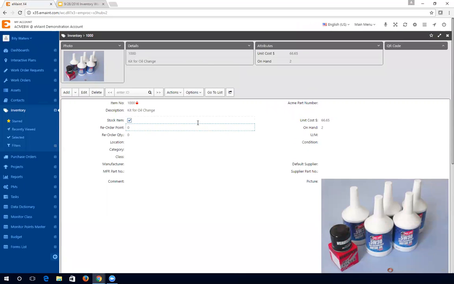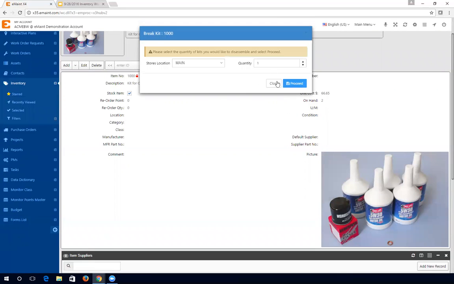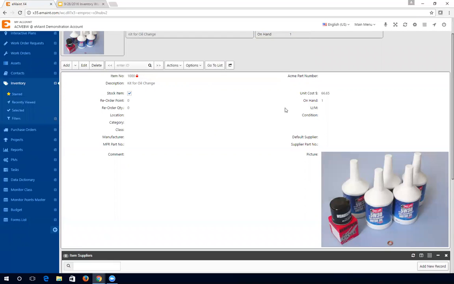And then if you ever need to, let's say, for example, we have our kit. Let's say we need to add one of these kits back to the shelf. So we want to bring these 5 quarts of oil, the oil filter, as well as our copper washer to our inventory once again. If you ever need to break down a kit and take some inventory out and bring it back to the part, what we can do is go to Actions and Break Kit, and we can break our kits. In this scenario, we're only going to break a single kit, and then it reduces our